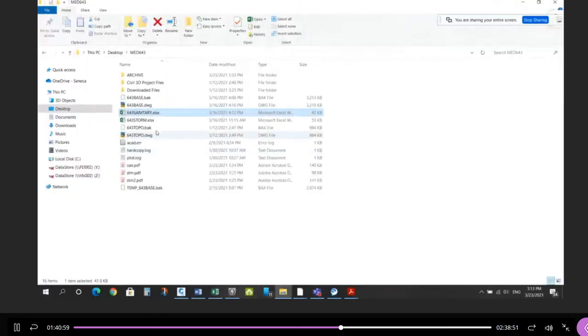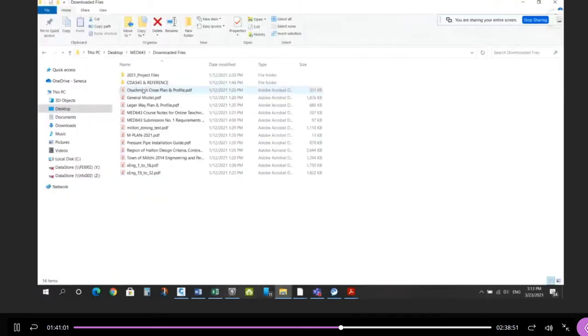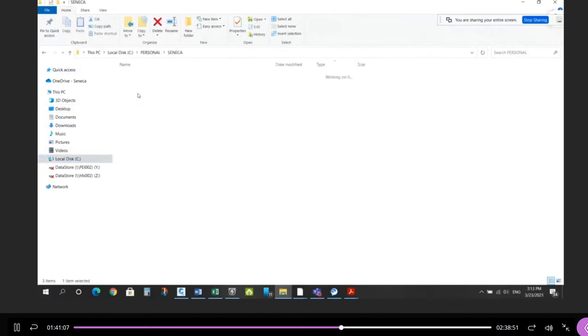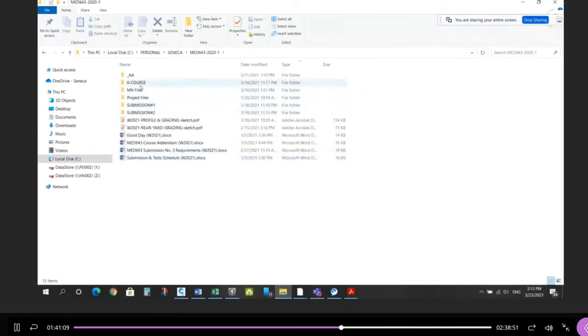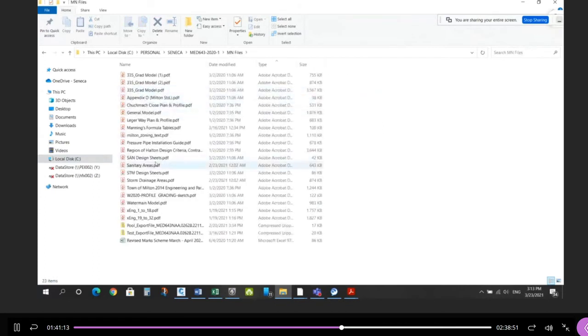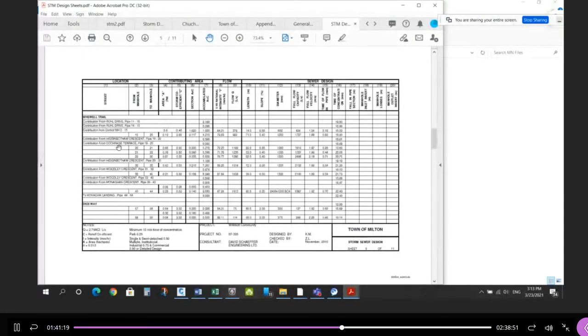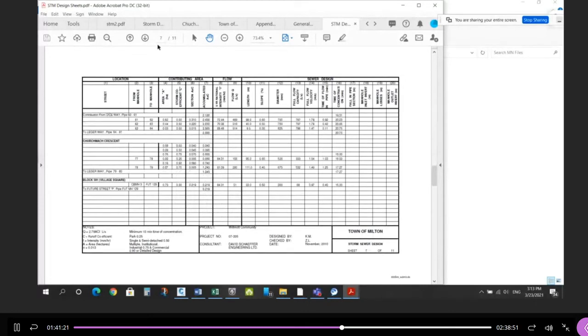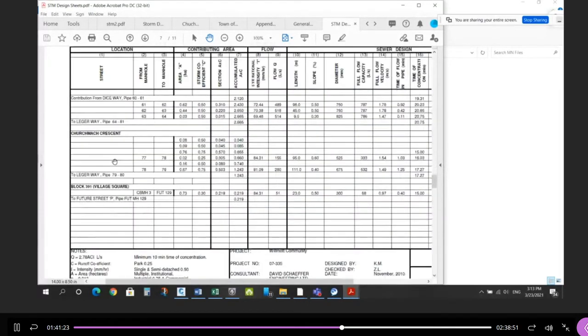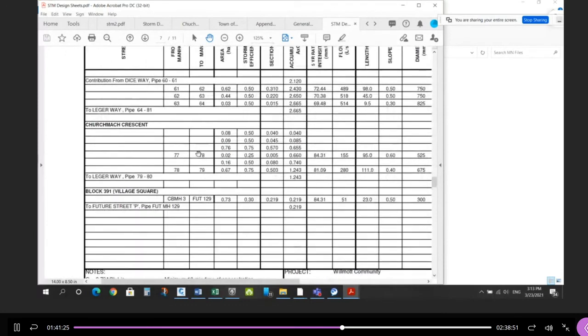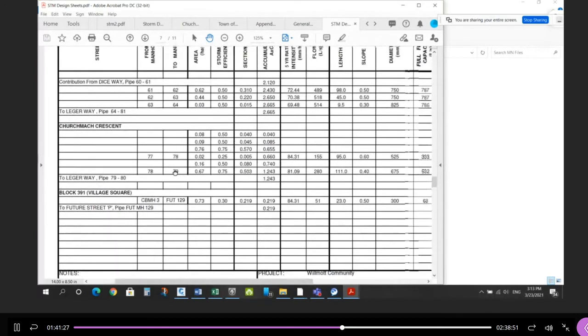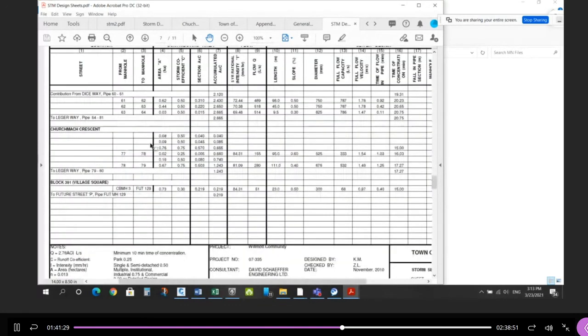So if we go to the storm sewer files, is it on here? No, it's on my sheet here, sorry. If you go to the storm design sheets, you're going to find 2 sewers on Chuchmak, and they are near the end, I believe. Yeah, so it's on page 7 of 11. The sewer is 77 to 78 and 78 to 79. Okay, if you can recreate this,